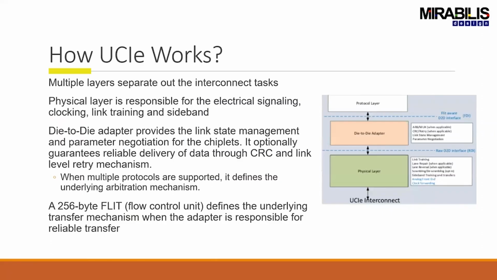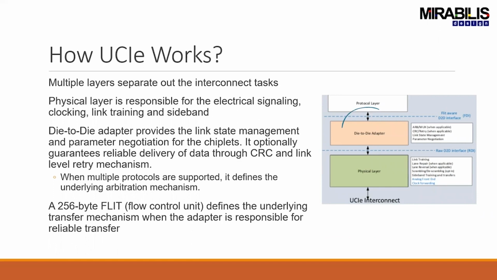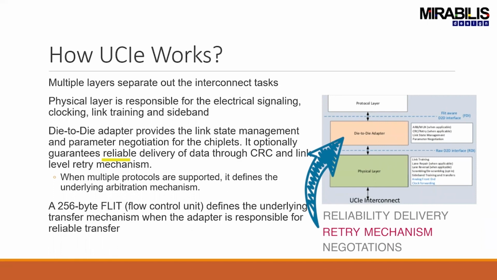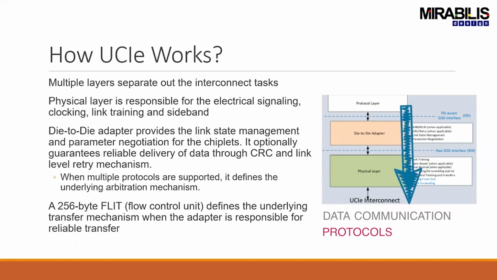A quick introduction to how the UCIe works. It's really kind of like a layered architecture where each layer has a very specific set of tasks. So for example, the physical layer handles all the signaling and clocking and the training and manages the sideband. The die-to-die adapter is the one that handles things like the reliable delivery, the retry mechanisms, and the negotiations, all of those are handled. And of course, going up to the protocol stack, which is handling all the data communication